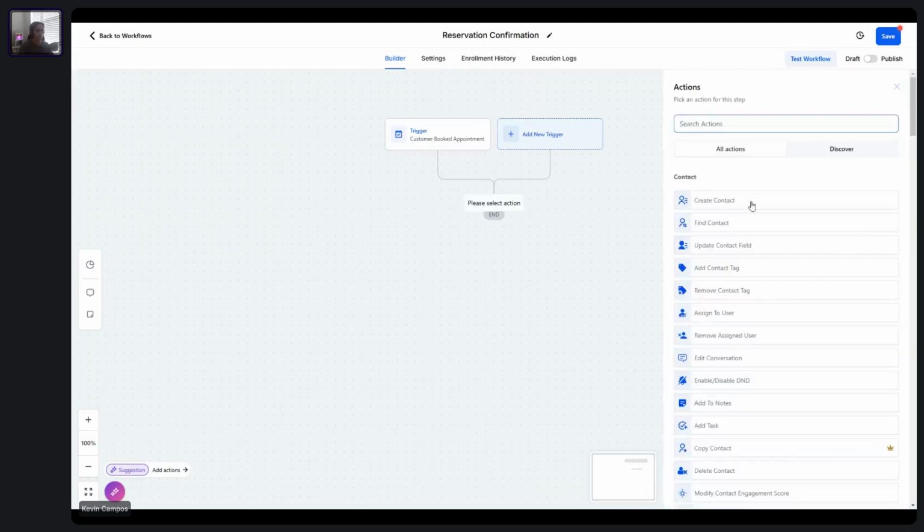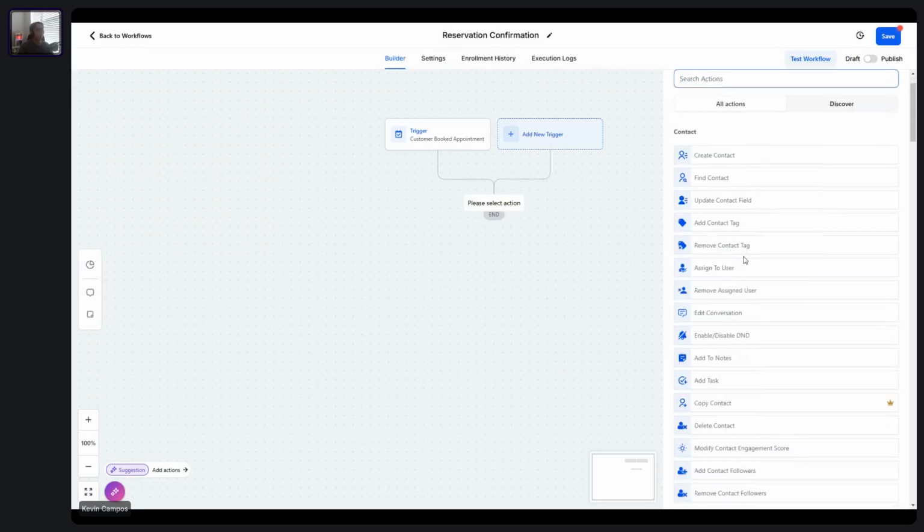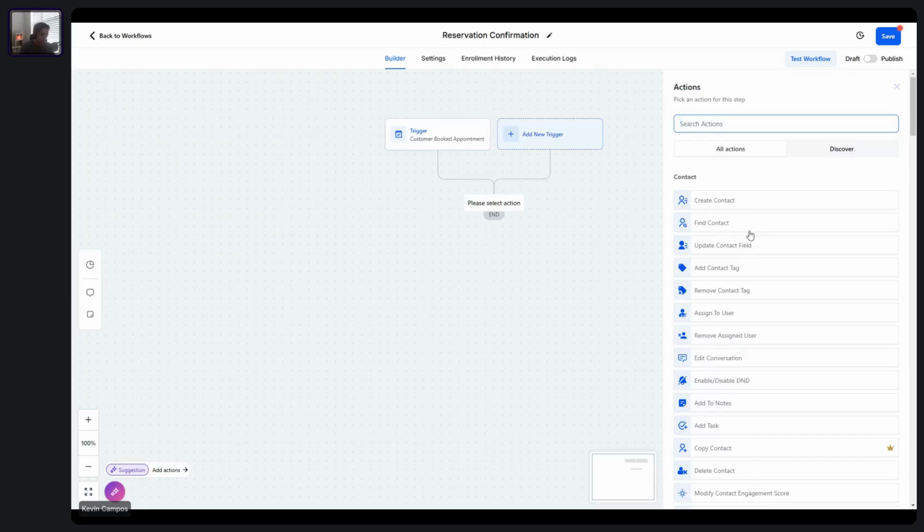From here on out, you don't even need to find the customer or anything like that. What you can do is whatever you want to happen whenever they book the reservation. As you guys already know, typically you receive a text message letting you know when your reservation or your table is ready. Okay? You can do it